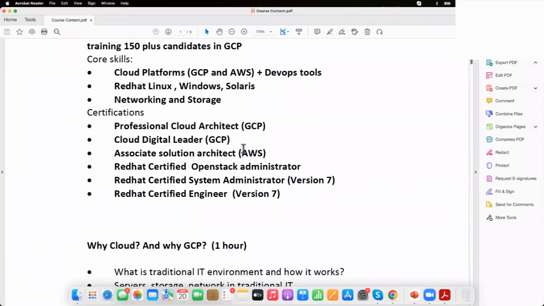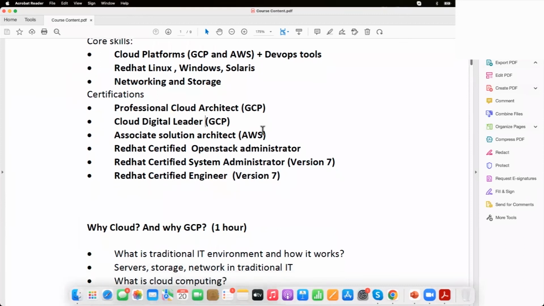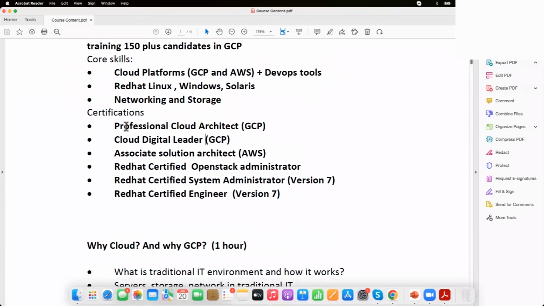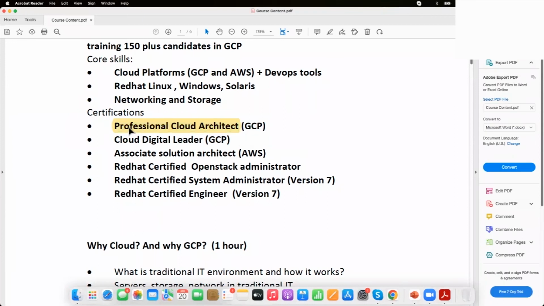Certifications, this is my profile basically. I have 2 GCP certifications, and in that the Professional Cloud Architect I have done twice. I renewed after 2 years.